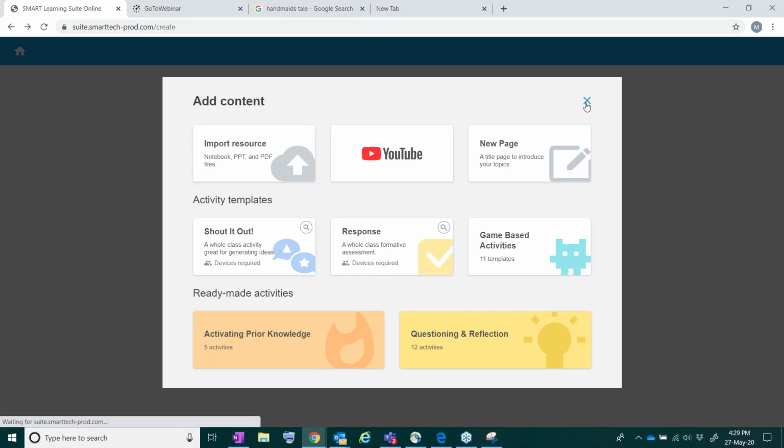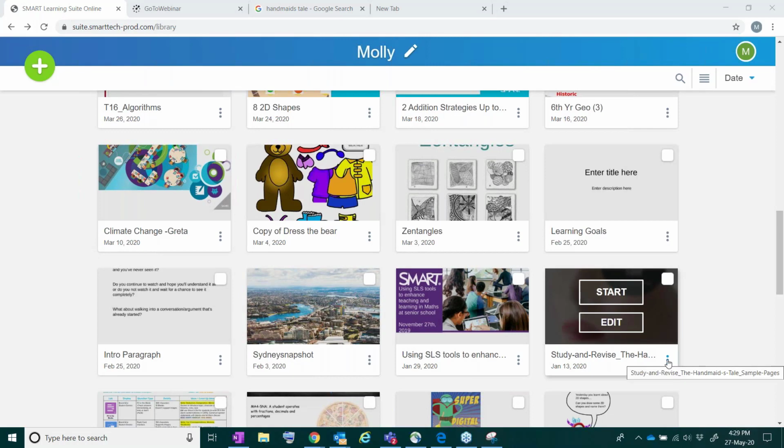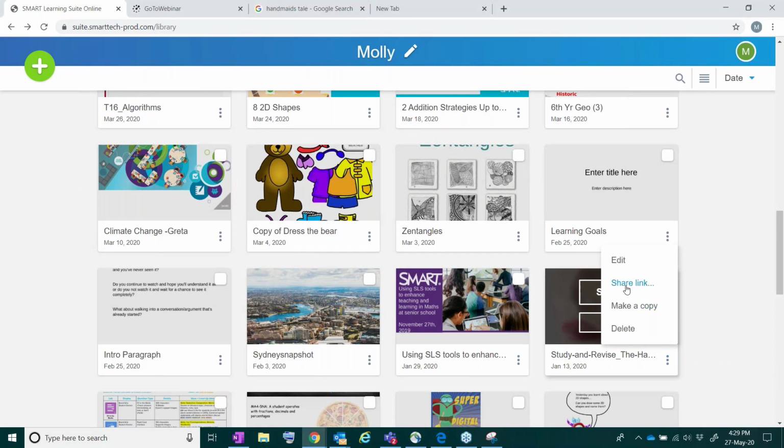try saving the PowerPoint as a PDF, and I think you'll find that it comes across a lot smoother. It's an easy task for the students to click on the link and just use their Google or Microsoft school login. It's important they use their school login and put their name in, so all of the content that they contribute to those pages that I've made active will be captured, and I'll be able to